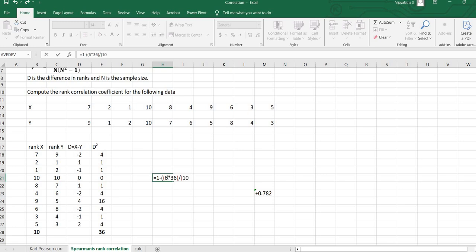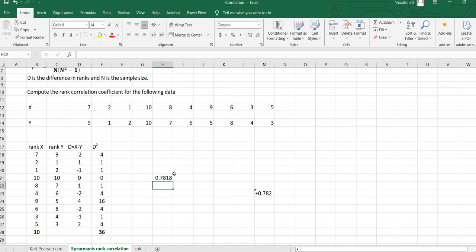So it is 10 cubed minus 10, and close the brackets for the denominator and for the entire term, so that the entire term gets subtracted from 1, and we get our answer, which is